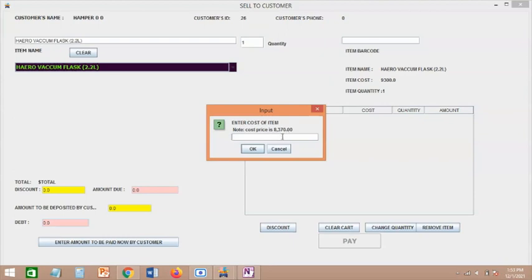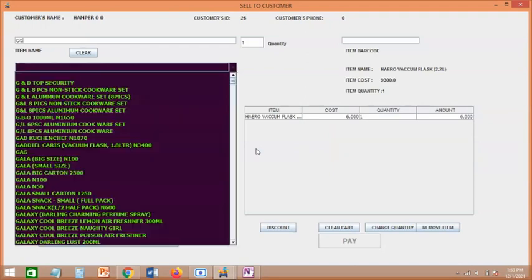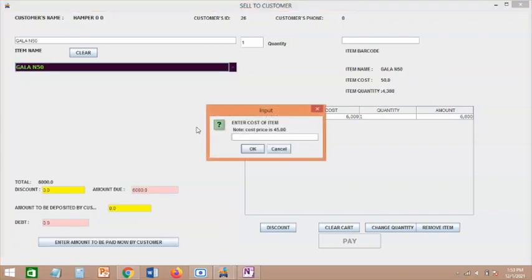Now it asks me what cost. This is the cost price of this item. How much did the customer buy it for? This may even be 5 years ago, maybe 10 years ago, maybe 2 years ago. So the price may not be the same now. Currently, it tells me the cost price of this is 8,370. Maybe this item was sold to him at 6,000. Okay, I put 6,000. Enter another item,